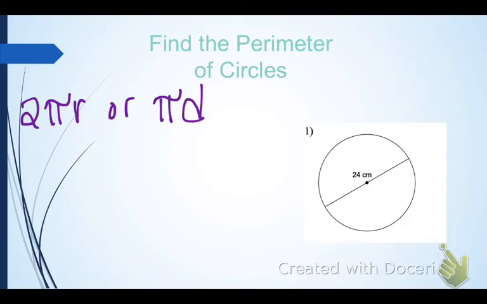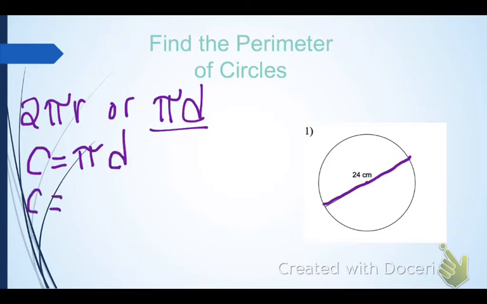So if we look at example 1, we see the whole length of the circle, so that represents the diameter. So our circumference, which we're going to say is C, we're going to use pi d because we know the diameter. So we're going to write C equals pi d. And then all we have to do is substitute in our diameter for d. So we're going to take 24, and I'm just going to rewrite it as 24 pi. So that's the first way we write circumference. And the second way is we multiply it out. So we take 24 times pi,